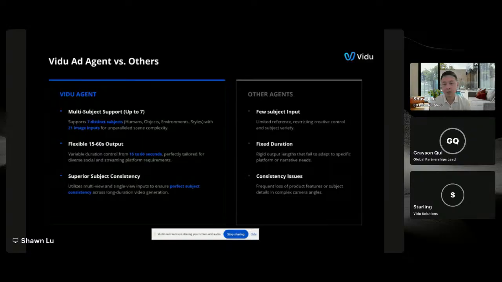Yeah, exactly. I want to add a little bit on the output, like 15 to 16 seconds. Basically, you just need to use one click and you can input the reference commercial ads if you want. Then you can do the texture, the vibe, everything you want. And then with one click, you can have the output right there.